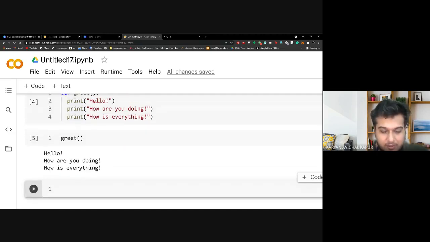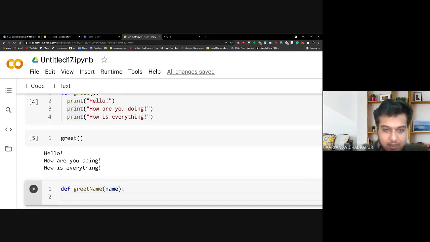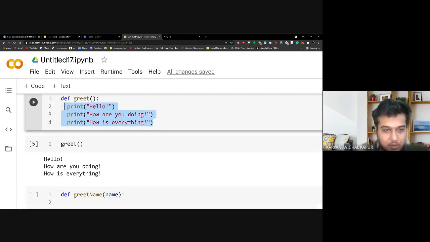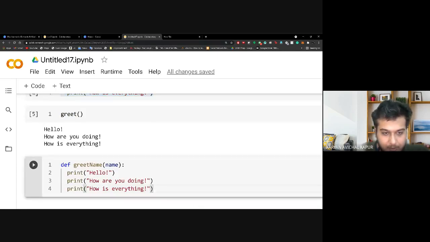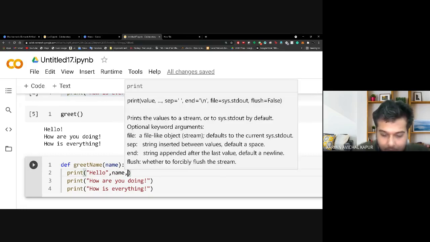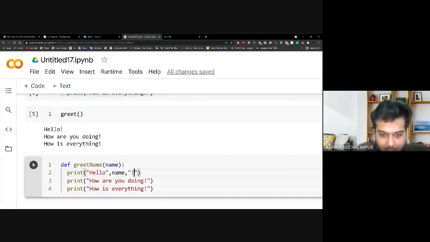Now let me create another function by the name greet name. Here I have the argument name, so that every time somebody calls the function, they should provide a name. And it prints the exact same thing. Let me copy it from here. It prints the exact same thing, but here instead of only hello, it will print the name as well. So let me simply add that here. So name, yeah. And how are you doing?